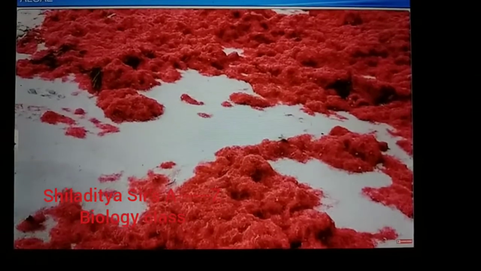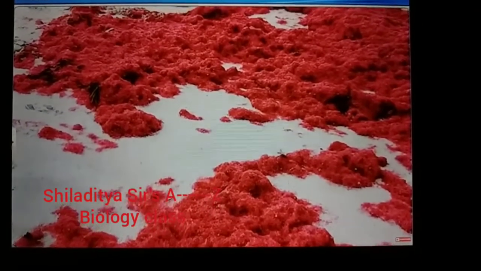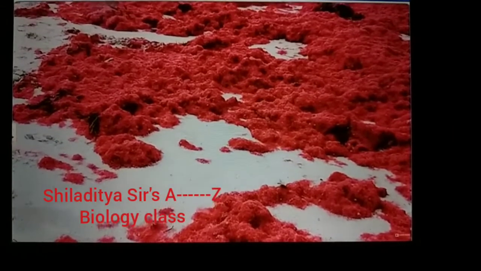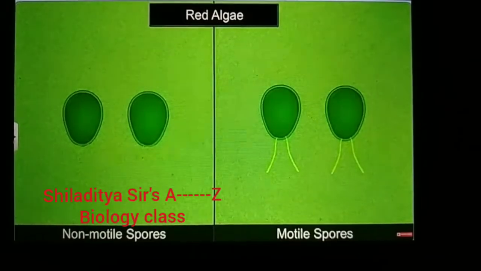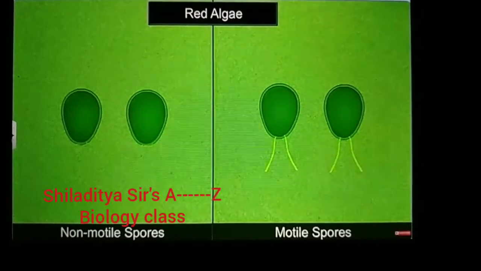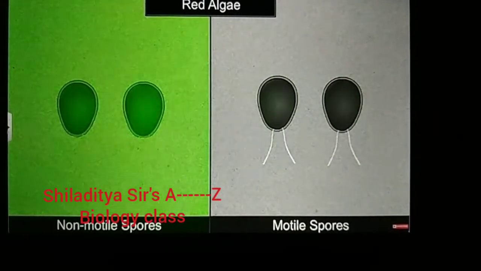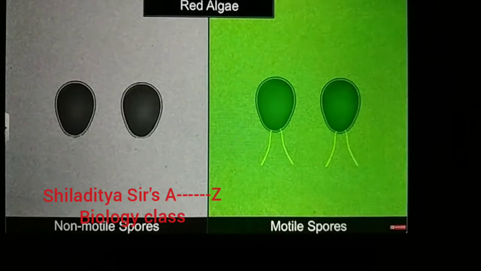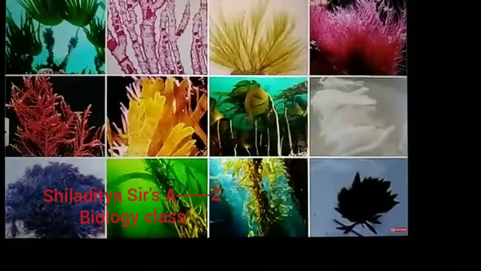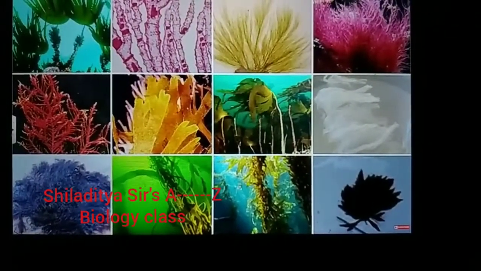Red algae are found in brackish and salt water, and mostly in warmer areas. Red algae reproduce vegetatively, asexually through non-motile spores, and sexually through motile spores. Thus we have seen that there are a variety of algae that